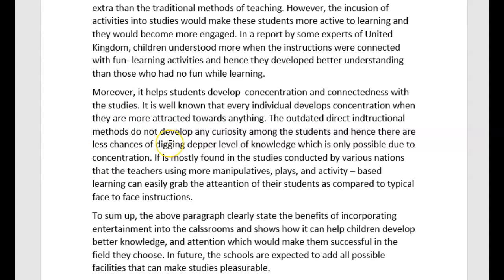You don't want them to, I don't know what you want them to do. Does not develop any curiosity among the students, and hence they are less likely to dig into deeper levels of knowledge, and you need an EE, not a PP, which is only possible due